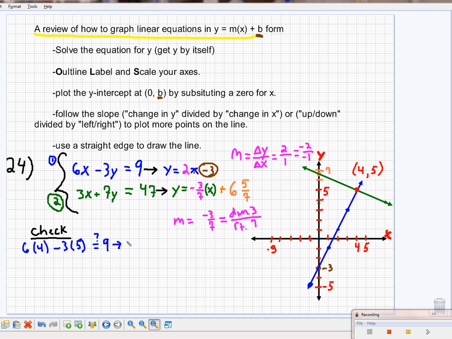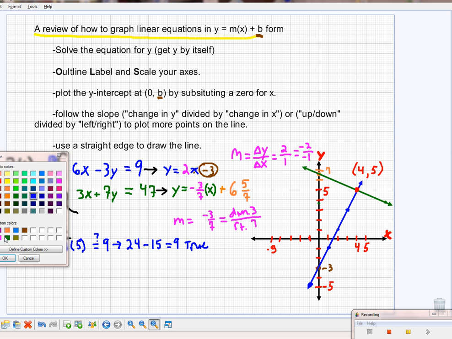What we end up getting is 24 minus 15. And I think you probably know by now that that is equal to 9. We can leave it there. It is a true statement. We just proved it. And then, for the green equation,